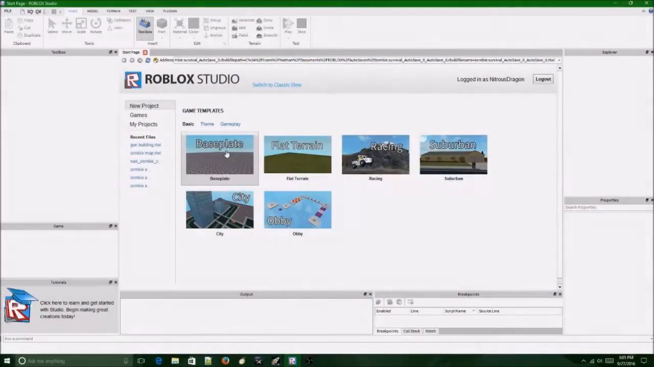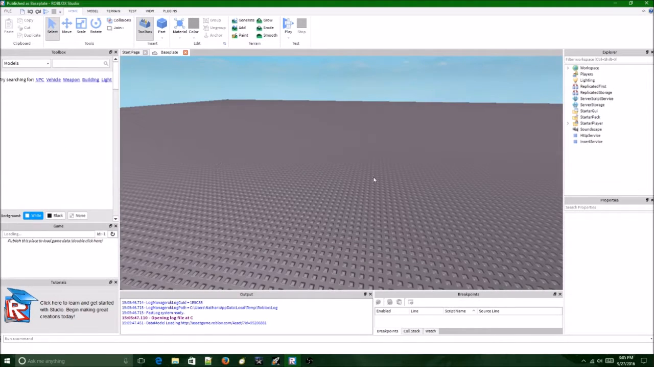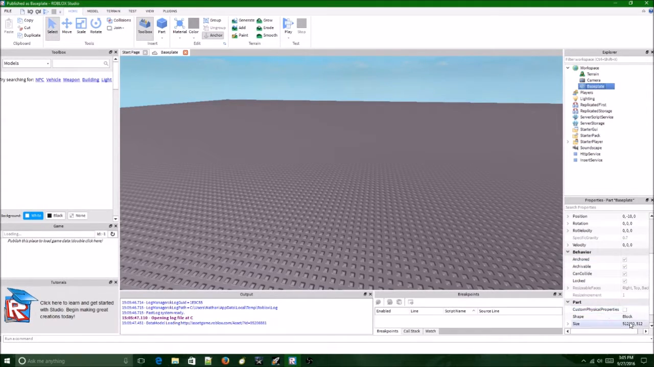What's going on, everyone? I am Nitrous Dragon, and today I'm going to show you all how to make an obby in Roblox. Now, obbies are just very simple and at the exact same time very popular. Obviously, since they're simple to make, there is a lot of competition between them,